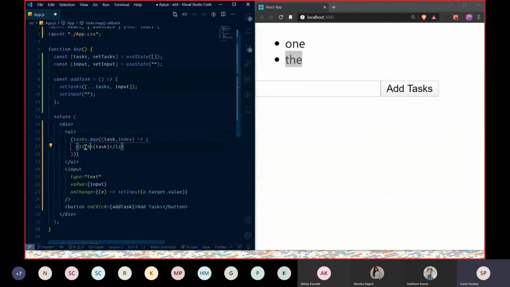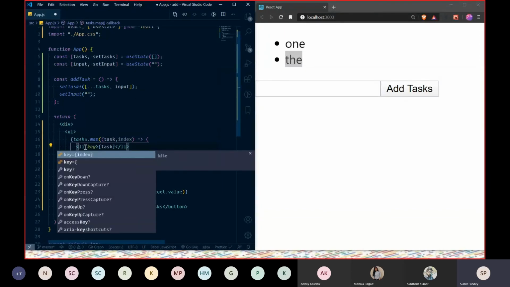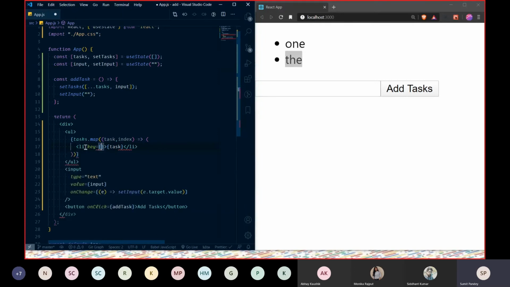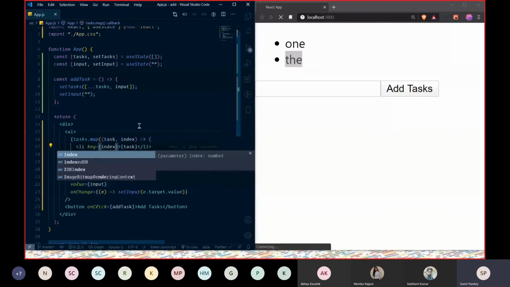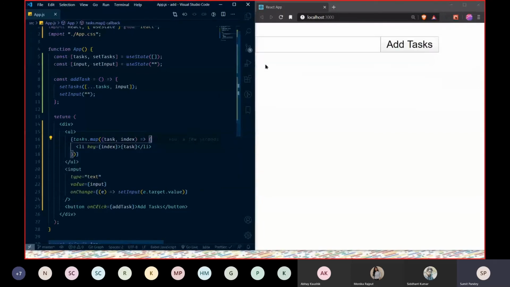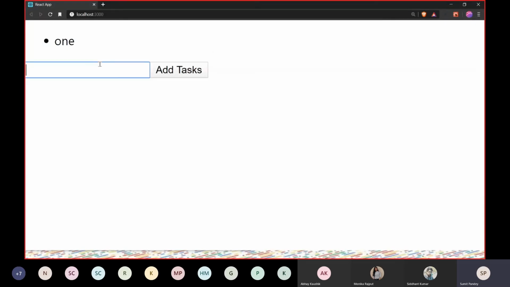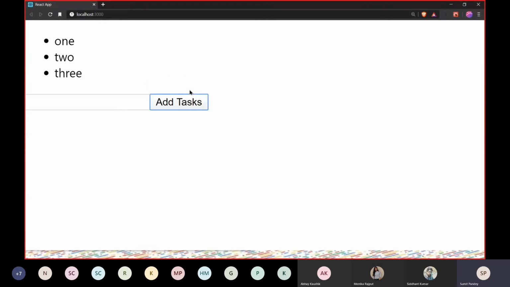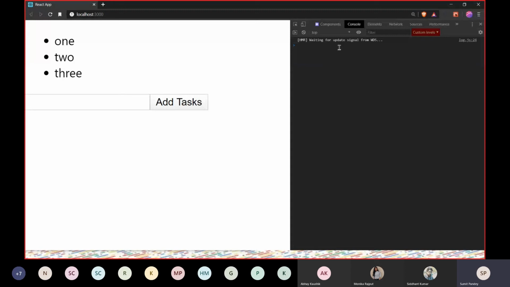Now if you go ahead and type 1, and go into the console, you will not see any kind of error, right? Because you have provided a unique key, every element inside the array has its identification. Okay, anybody has a doubt in this part, this list and keys thing?